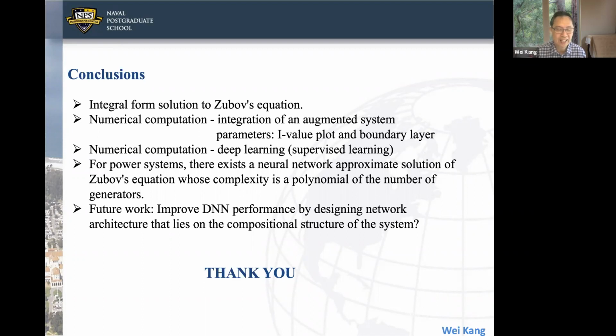Okay. Yeah, that's a very interesting question. That's true. When the parameters change, the Bayesian actually changes. Now, for low dimension, once again, the curse of dimensionality comes in here. For low dimension, you can almost visualize it, and then using the integral form solution, that's probably okay. The short answer is that no, I haven't considered that problem yet. It's a very interesting question, but numerically, you can show it for low dimension using the integral form solution, or you can train a neural network if you want to speed up computation, right? So that's very interesting. For high dimension, that's hard because for every function v, you need to do